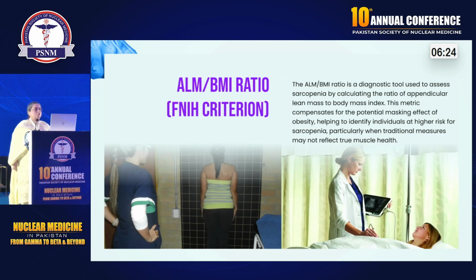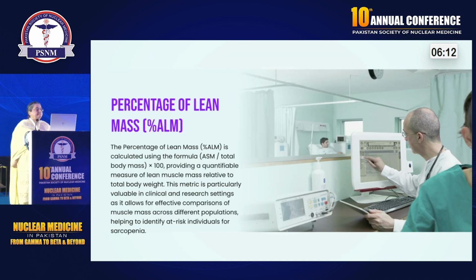They have also divided it into different parameters, assessing sarcopenia by calculating the ratio of appendicular lean mass to body mass index, which is BMI. They also take the percentage of lean mass, called percentage ALM, calculated as ASM divided by the total body mass times 100. So they take over the change caused by body habitus. So these parameters were introduced to have